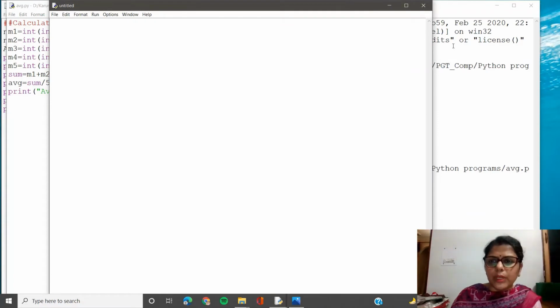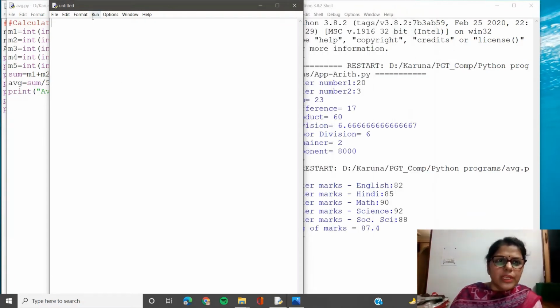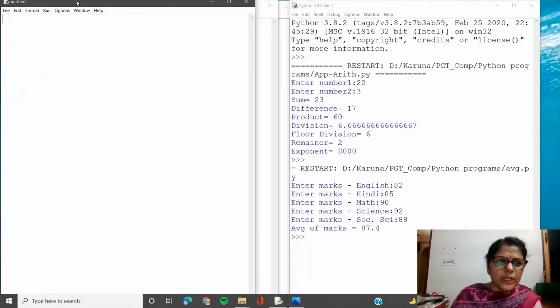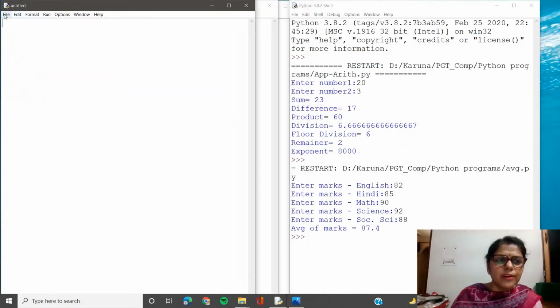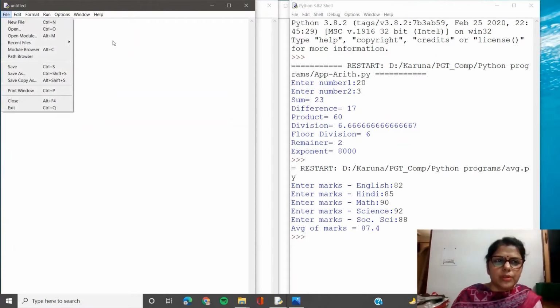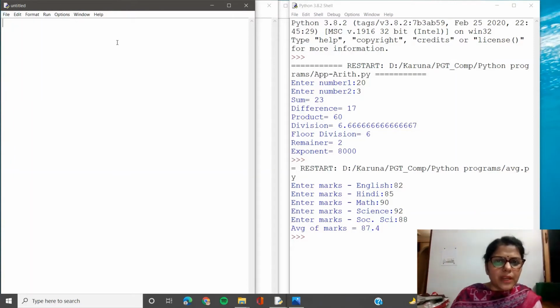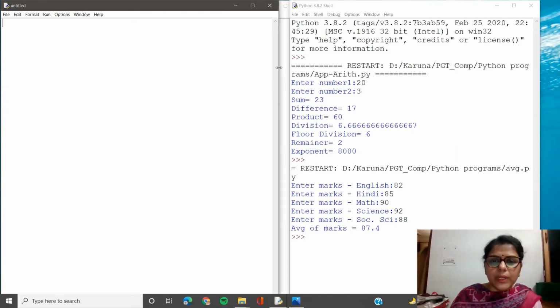Again I move to a new file. Students, for creating a new file, you can either use the keyboard shortcut Control N, or you can use the file menu new approach. This is a universal constant. By now I hope you are all clear with this. Control N to open a new file, Control O to open an existing file, right? So we are doing this program for area of rectangular park.